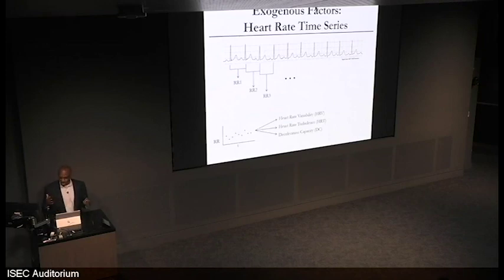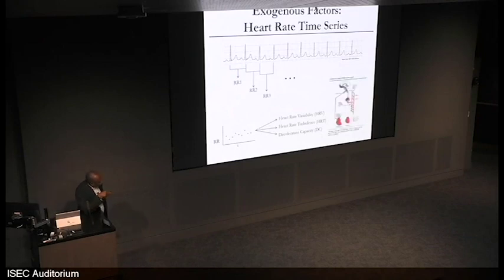If you're sitting at home watching a Red Sox game, your heart rate goes up depending on what they're doing and whether they're winning or losing, and that's a normal consequence. You go up the stairs, your heart rate goes up because you need to increase your cardiac output. You're doing some physical activity. So the heart rate should vary. So these heart rate variability metrics, let's say if I looked at the standard deviation, tell you that it's normal if the standard deviation is non-zero, because it should change as you go about a normal day's activity. And it tells you that the interaction between the brain and the heart is normal, referred to as these exogenous factors. Now, there are some problems with looking at these very simple computational metrics of the electrocardiogram.